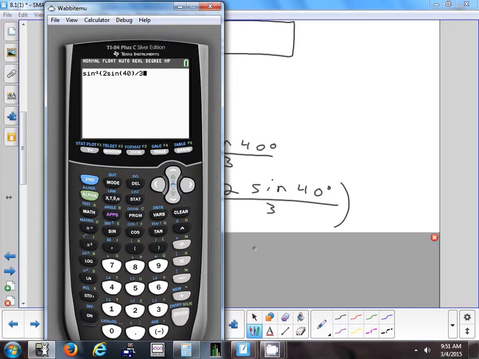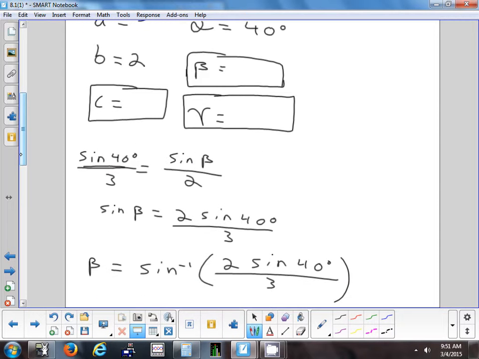And make sure that divide by 3 is still inside the inverse trig function, which it is. We get 25.374. I'm going to write that answer in the top part of the box,